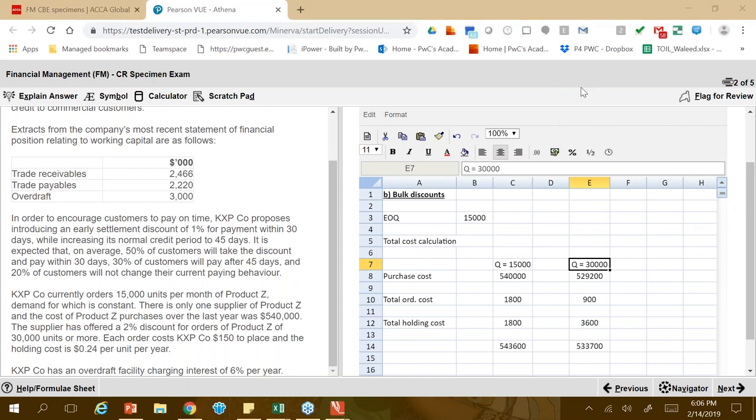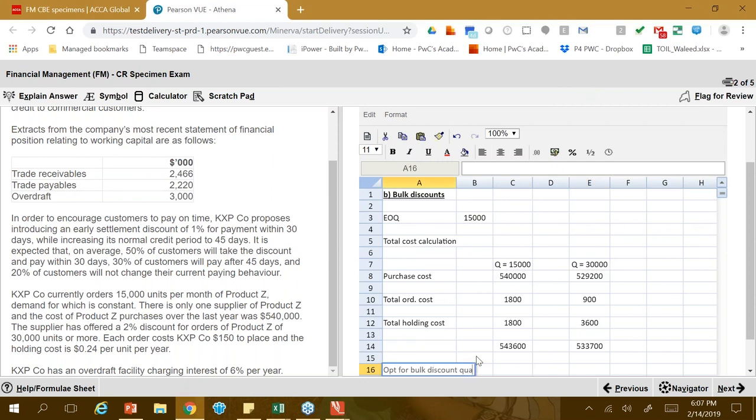So opt for the bulk discount quantity as it is cheaper. And it would usually be cheaper because that's how the discounts work. The discounts do decrease your cost, so it would usually be cheaper. So this was the